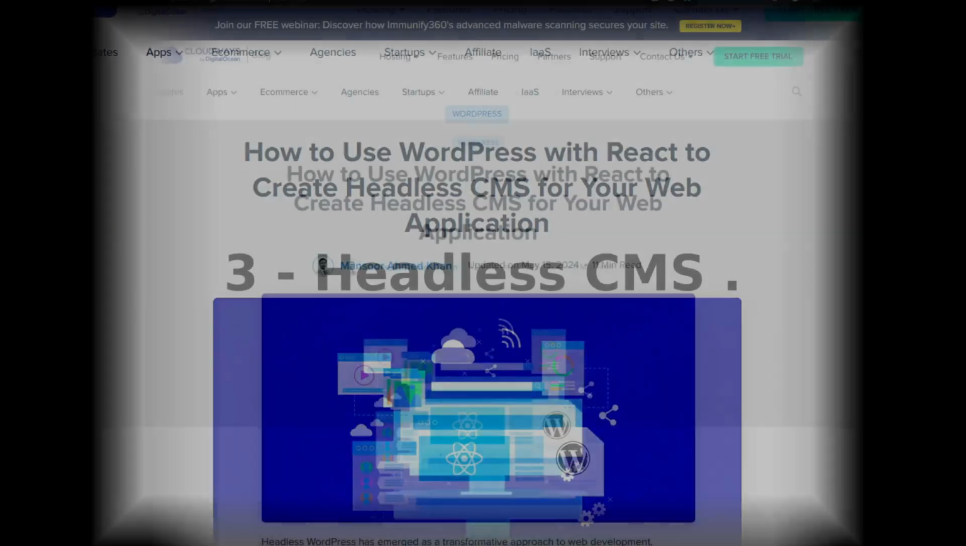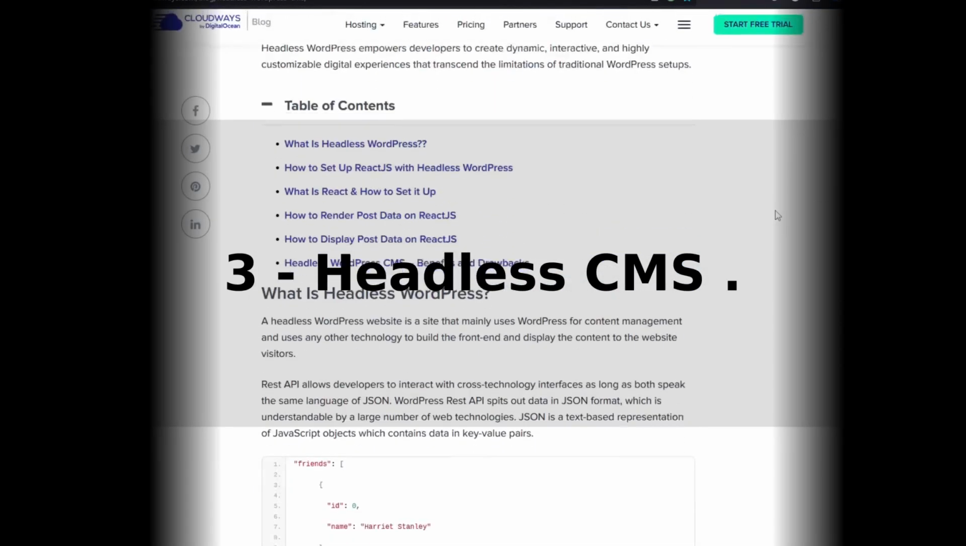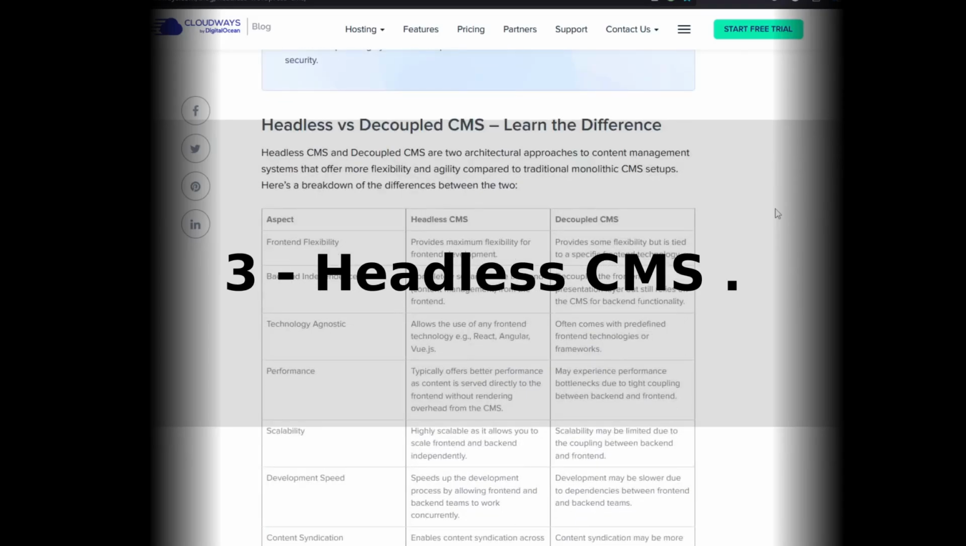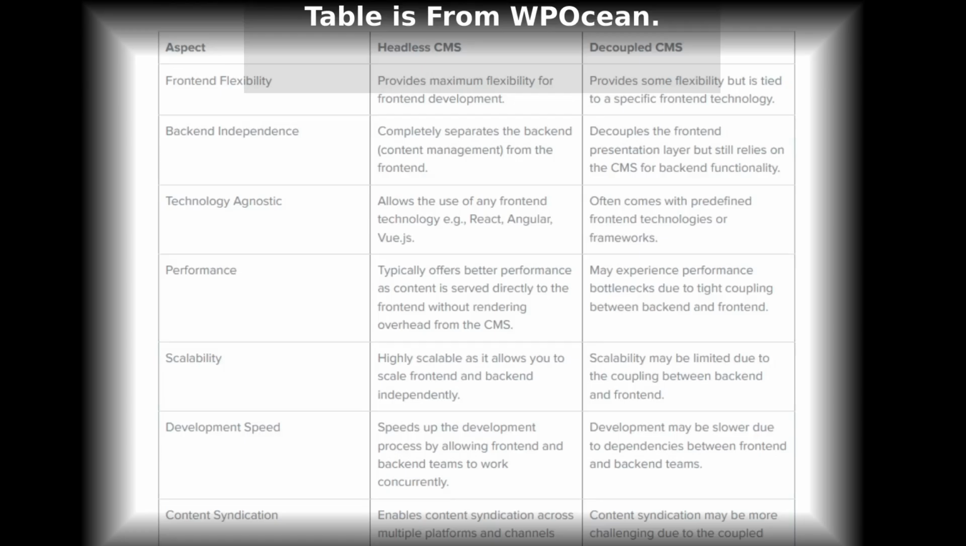One last thing, which is probably the best option, to be honest, but it's the most costly one as well, is React CMS, or basically using headless CMS with WordPress. Right? You don't have to use React. You can use React, Angular, Vue, or whatever front-end technology you would like. So basically what this does is it utilizes the API of the WordPress